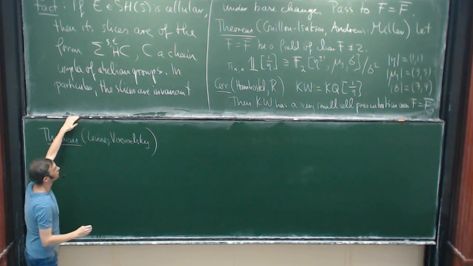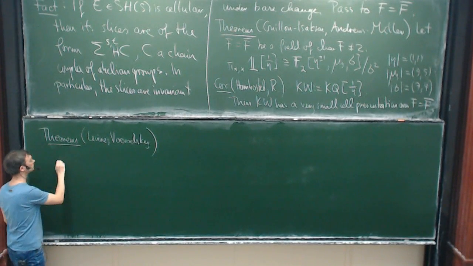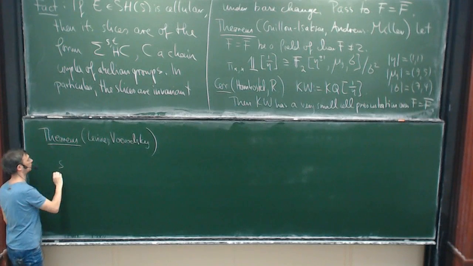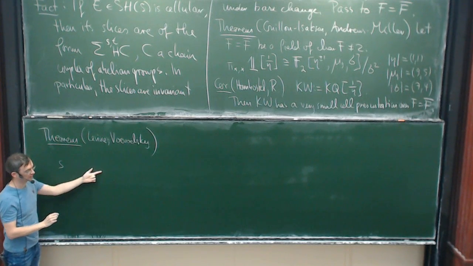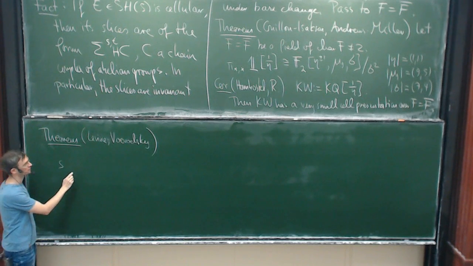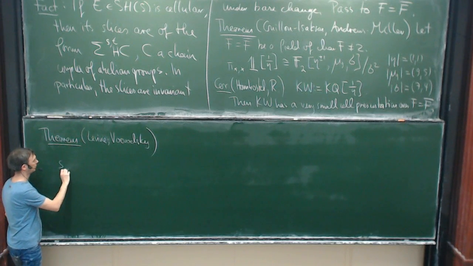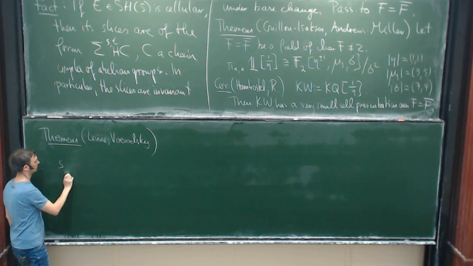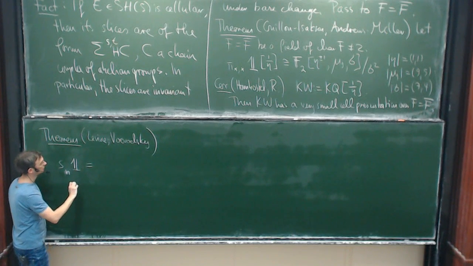One can in fact compute the slices of the sphere spectrum. I already gave you the zero slice, which is the same as the zero slice of MGL for geometric reasons, and this is the same as the zero slice of KGL. This is just motivic homology, but in general, the nth slice of the sphere spectrum is